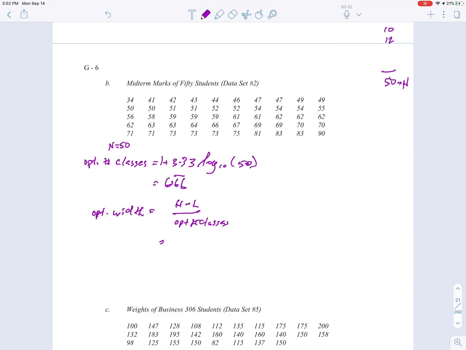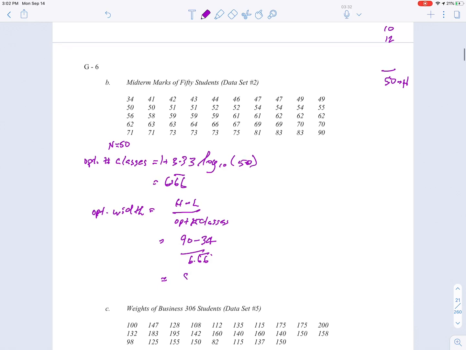And these are also in order, so it's going to be 90 minus 34 over 6.66. And that comes to, what do we got here? 8.41. Now, this is also where I would say, 8 is close enough to 10, so we're going to go with